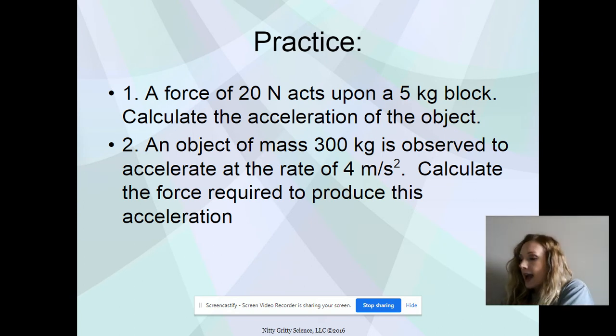Let's say that I have a box right here. Let's say that F applied is 25 newtons. And let's say that friction force is still equal to 5 newtons. So the first thing that we have to do is to calculate F net. Okay, so in this case, so I've